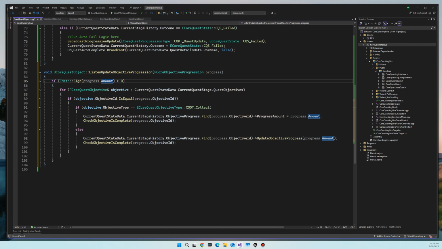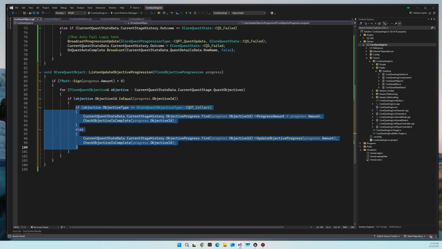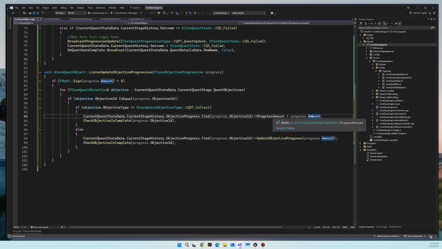And then what we'll do is we'll iterate through the current stage objectives, and we'll say if the objective ID is equal for this objective, then we'll do one of two things. If this is a collection, we'll just take the amount and put it straight on the progressive amount. If this is not a collection, i.e. it's anything else, then we'll just go ahead and run the update objective, which does the plus equals instead. And again, this is just on the objective ID, and this is all sitting in the quest stage, current stage,